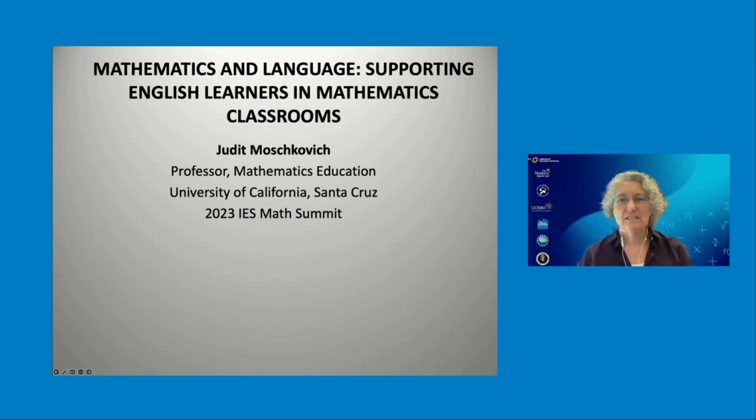In this presentation, I will first summarize a theoretical framework that is a sociocultural approach to academic literacy in mathematics. And then second, I will use a classroom example to illustrate that framework and make recommendations for instruction to support English learners in mathematics classrooms. Articles with that example and other articles mentioned at the end will be available in the resource room.